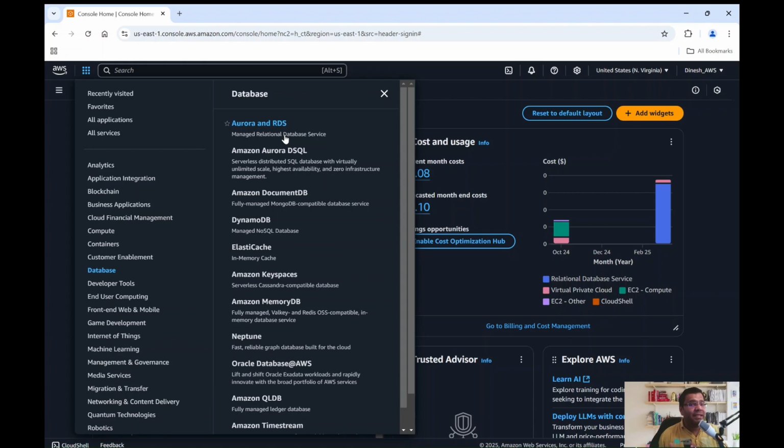What does that mean? This means that the infrastructure of the database server, installing the Oracle database on the server, and patching activity, everything is taken care of by Amazon, and that's what we are going to use. So let's just click on